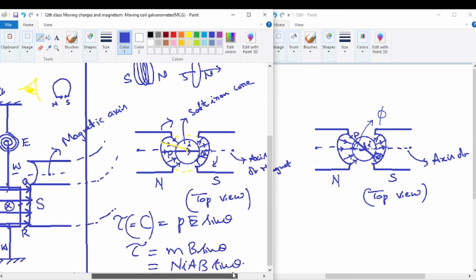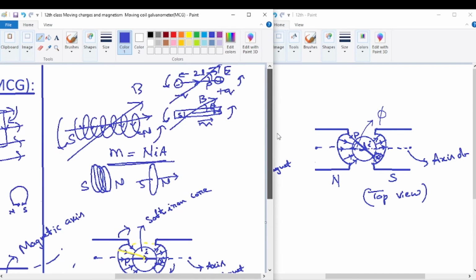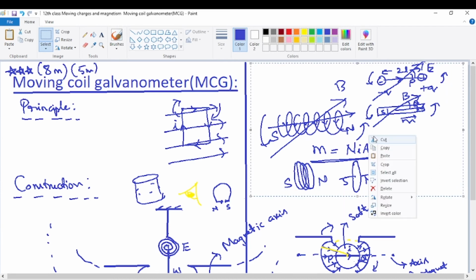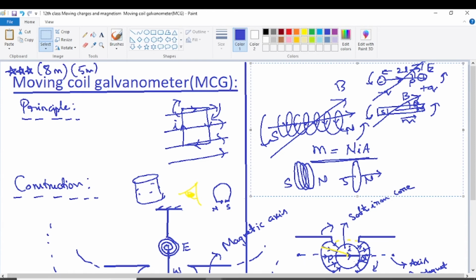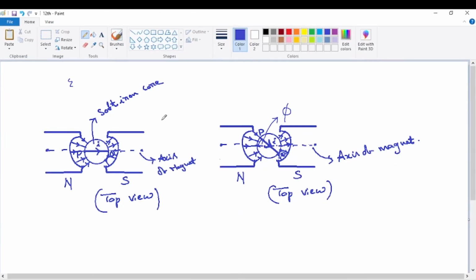Now the derivation is almost completed. So now what I'm doing is, just see here, all this is rough work. All these are very important. So I'll just transfer them to the rough page. So this is the rough work actually. But each and everything is very important here. I'm just transferring them to the